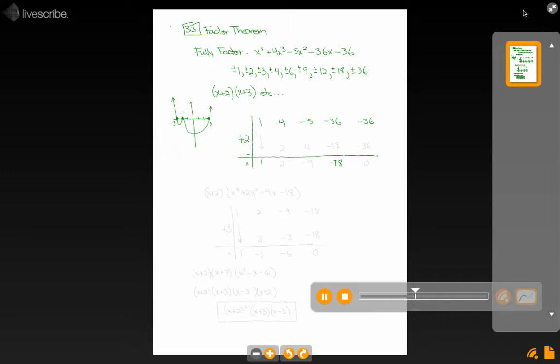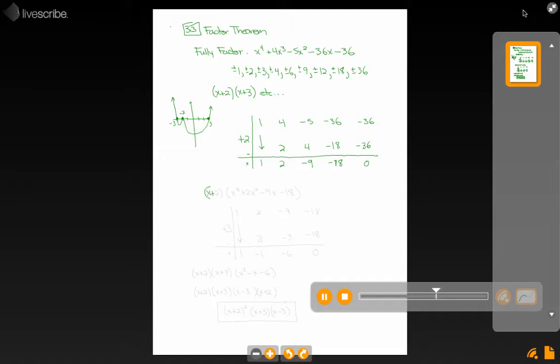Where I got x plus 2 from is I looked at this little graph, and I did it on a calculator, and saw that it did go through negative 2, went through negative 3, went through positive 3, so I actually know some more of the factors, but let's keep going with this division. Bring down the 1, multiply, subtract, 4 minus 2, then multiply, subtract, I get negative 9, multiply, subtract, I get negative 18, multiply, I get negative 36, get a remainder of 0, which was what I expected,